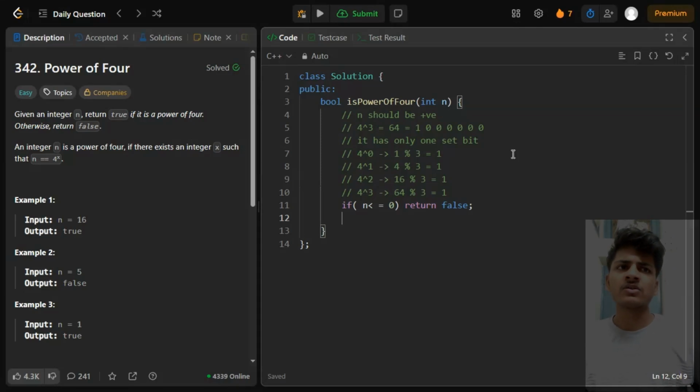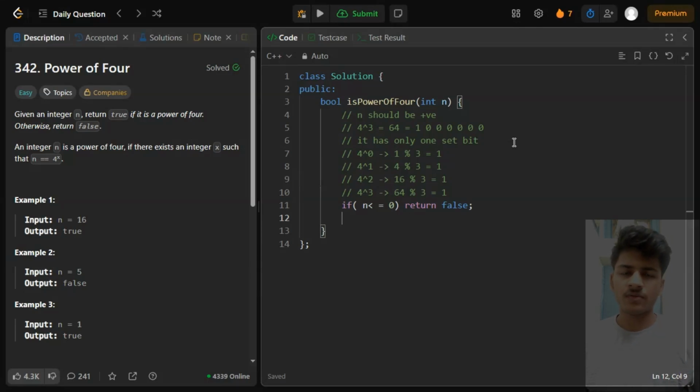In bit manipulation, if we want to check whether a number has only one set bit, or in other words whether the given number is a power of 2 or not,